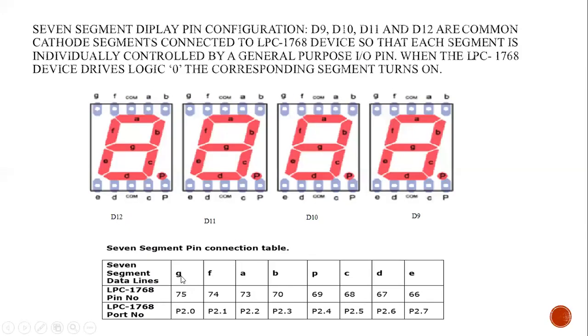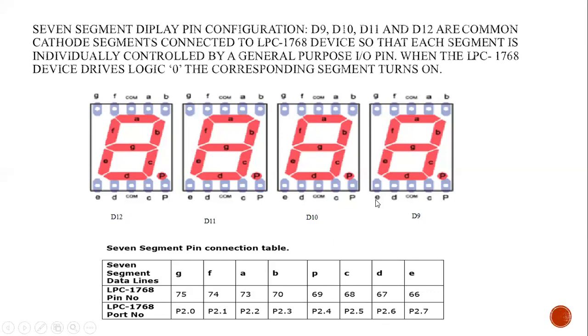It starts from G, F, A, B, P, C, D, and E. This is one 7-segment LED. It starts from G, F, common ground, which we are not mentioning in the table, then A, B, P, C, D, E.